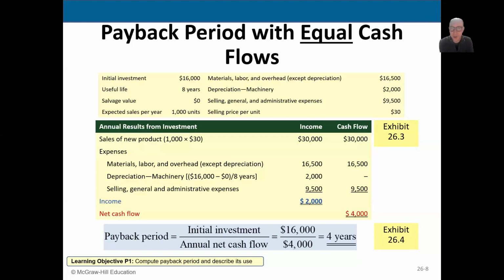Annual net cash flows are equal. What this means is that every single year our net cash flows are the same. Maybe the company works with a contractor and this is the only job that they do. Okay, that's when your net cash flows will be equal. The same amount of cash coming in minus the same amount of cash going out equals the same net cash flow.